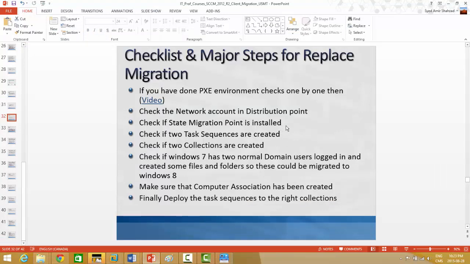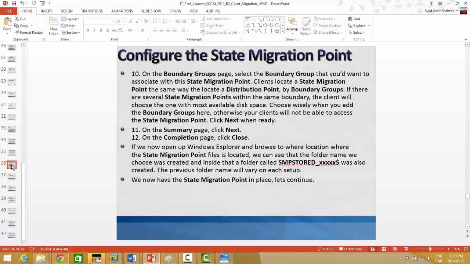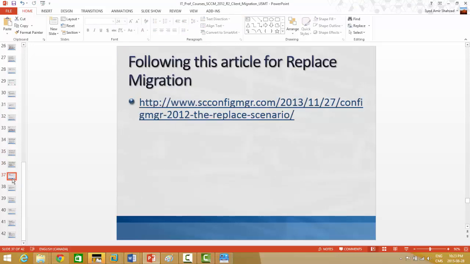What I did not mention, okay, it's way ahead. I was going to create domain users, or if they're already created, I would just log in and create some custom environment for the user. But anyway, let's check if 2 task sequences are created. So we need to create two task sequences. If I go to the slide which shows that,